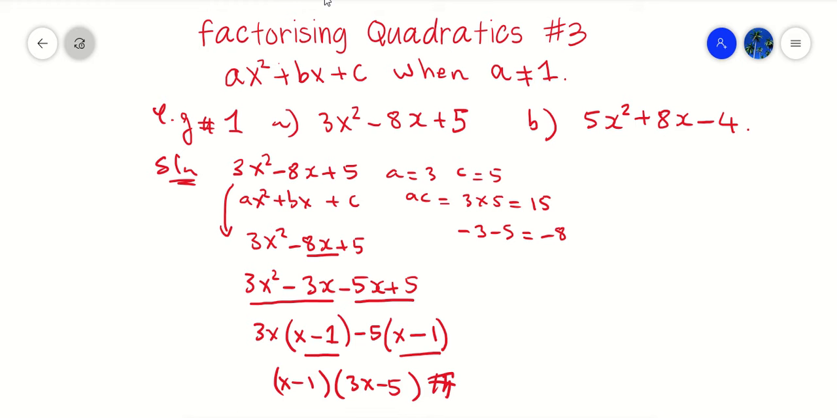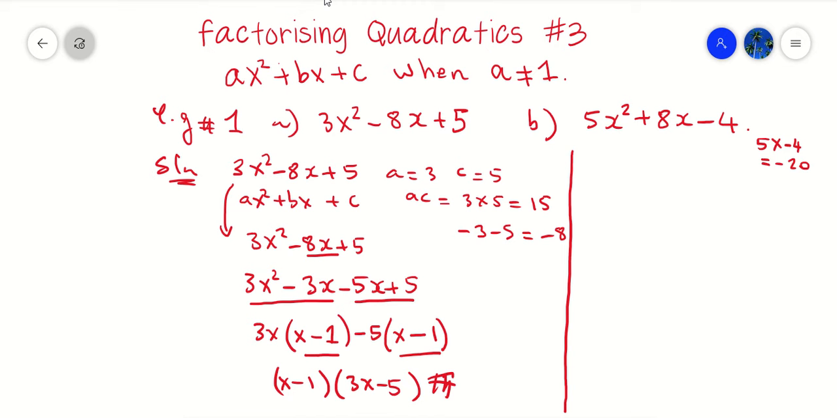Right, let's have a look example part B of this question. The same thing again, we just multiply the a times c, which is a, what is a? 5 times what is c is -4, so will be -20. But this is equal to -20. I want to find the factor of -20 which they will give me